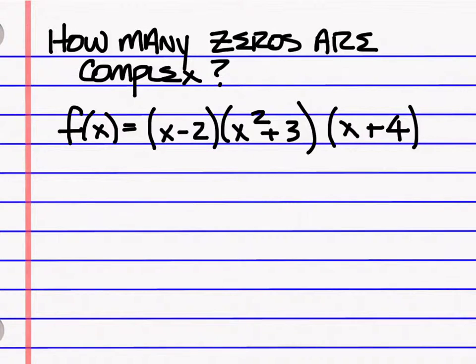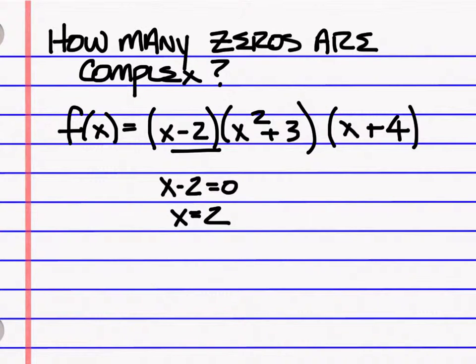But to finish up last week's stuff, example number 1, how many zeros are complex? And remember, when we went over this last week, I said if I said the word roots or zeros, things like that, zeros are where they're going to cross the axis on a coordinate plane. But what you must answer here is to look at this and figure out how many zeros are complex. Remember, to find a 0, you would have to set each quantity equal to 0